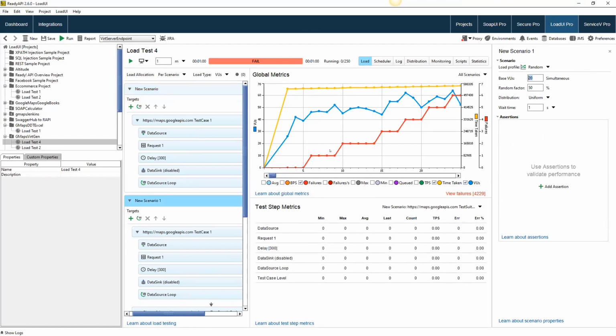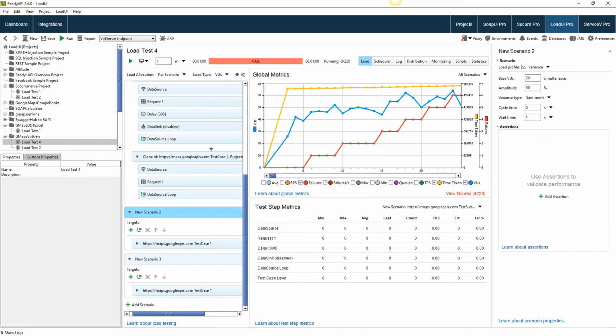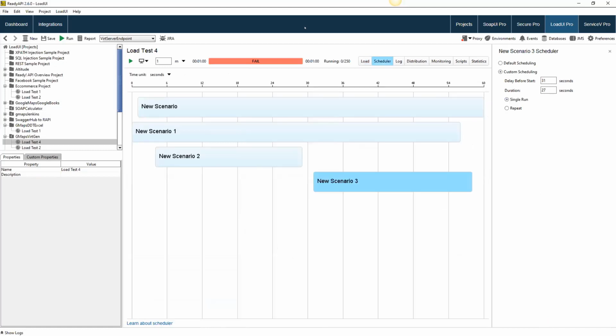Here I have a base of 20, and I'm randomizing at a factor of 50%. We're doing something similar with variance, although we can actually control the wavelength of that variance. It's a little less random. And here we just have a burst. So I'm doing a burst every 5 seconds, right? About 15 VUs. And by scheduling these out, I'm able to really customize that traffic heading at our